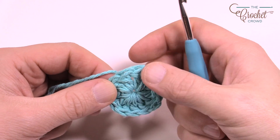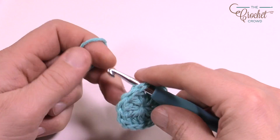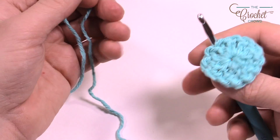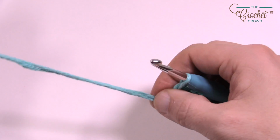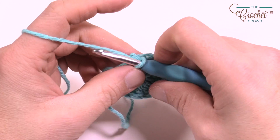This is how you don't get any slip stitching lines. So you're just gonna go into any one of the stitches, and with this you're just gonna create a loop. Do not create a slip knot, and just pull through. Let the strand fall towards the back and leave that out of the way, and I want you to chain